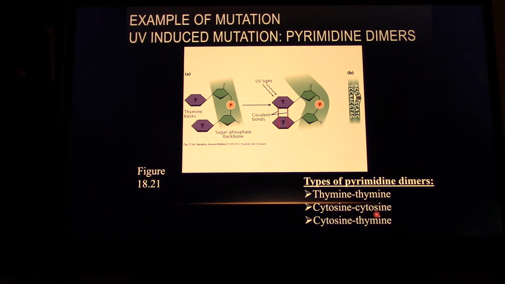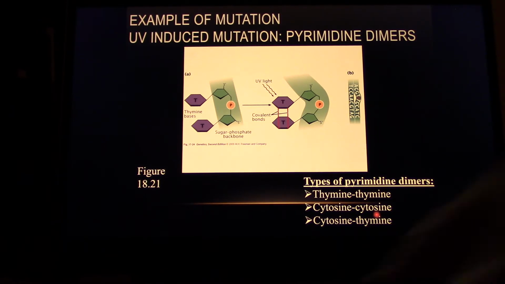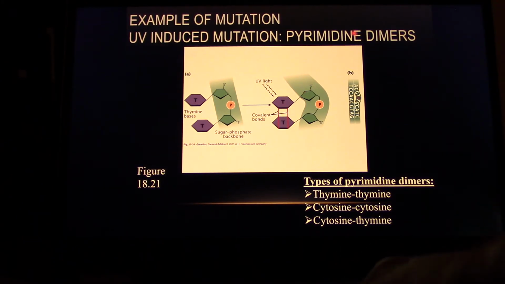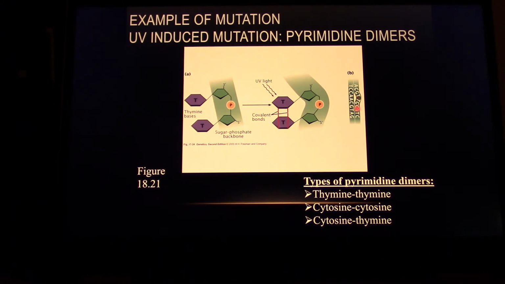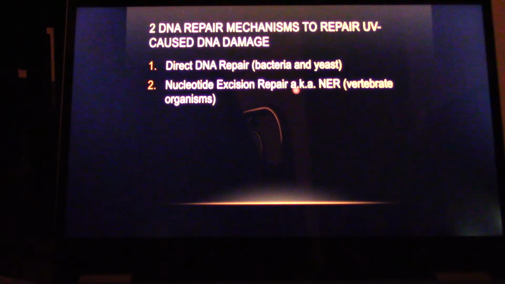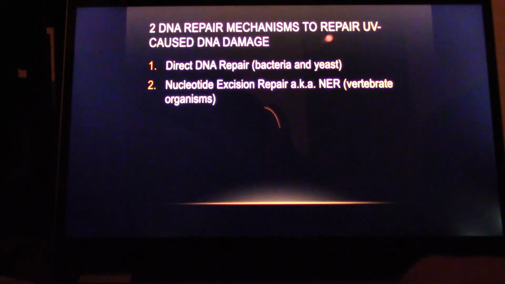Why is it that pyrimidines are susceptible to this? I don't really know the answer to that question, but we do observe that that's what tends to happen when you get UV irradiation. You get pyrimidine dimers. Okay, so it makes your DNA bulge a little bit. That's not ideal for DNA replication, passing the genes down. So we have some repair mechanisms to deal with that UV-caused damage. One is direct DNA repair, in bacteria and yeast, and two is nucleotide excision repair, aka